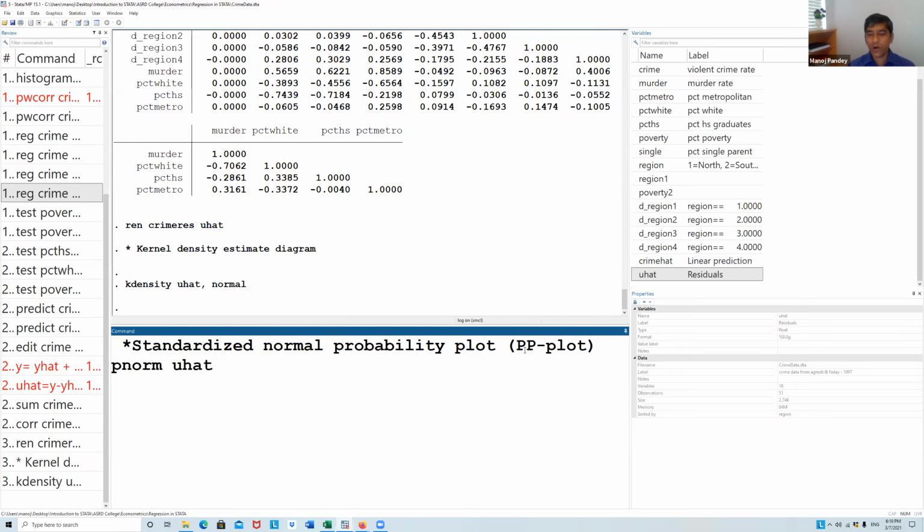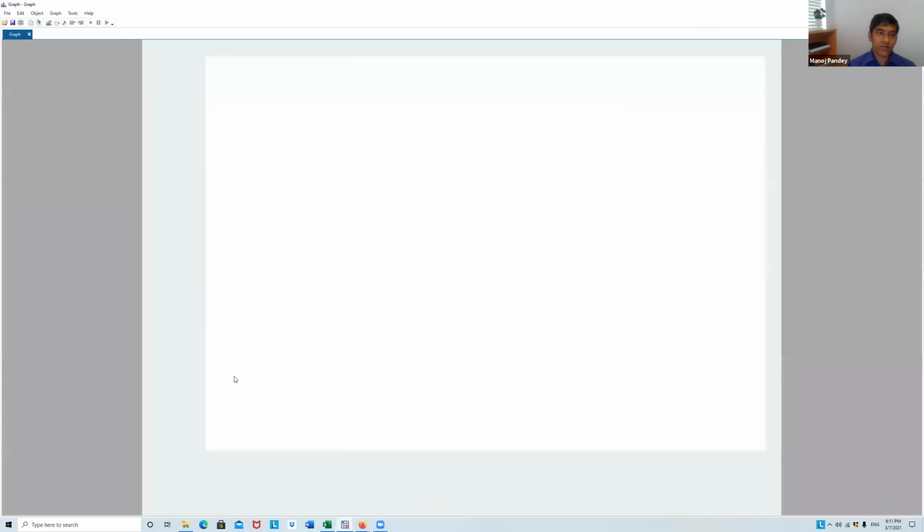The command for this is pnorm and then the variable. So we are going to check this. It will give you a linear line, and if your data is normal, your data points will be on that line. So let's look into this.